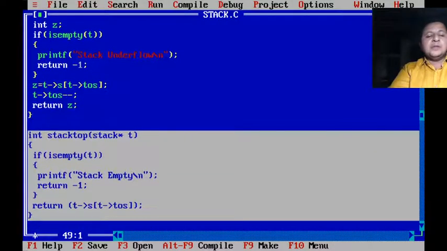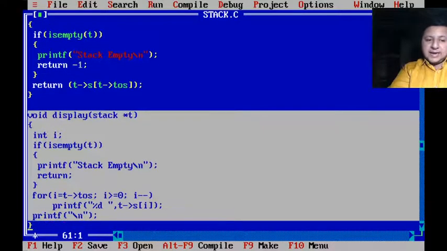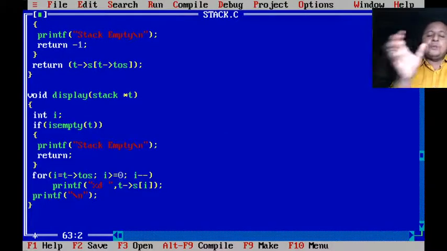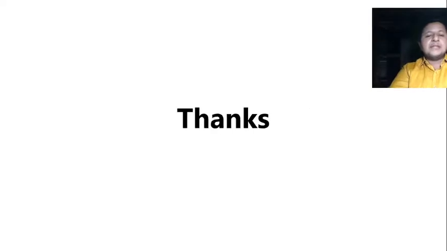Stack top, quite similar. If there is no element, we say stack empty. Otherwise, we return the copy of the top of stack. And function display, if the stack is empty, it will simply display the message stack is empty. If not, it will display the elements from toss to 0. So in the order they are going to get popped. Fine. So that's it about the initial part of your implementation of stack.